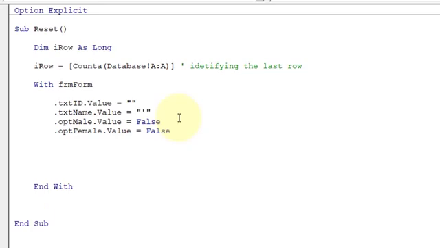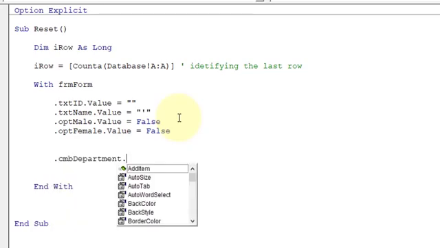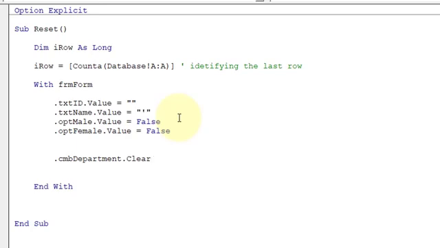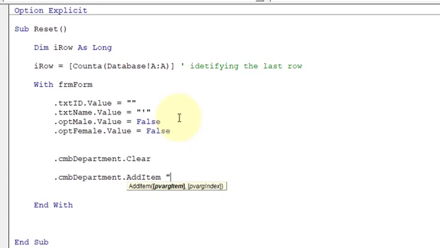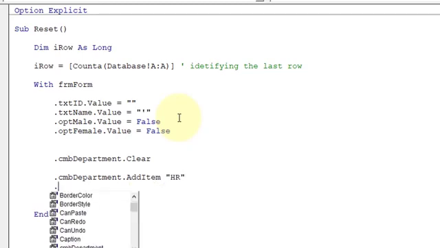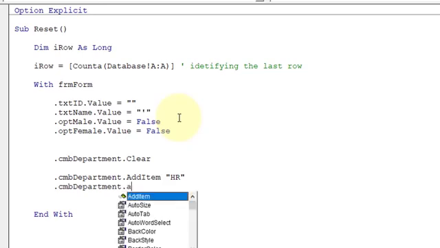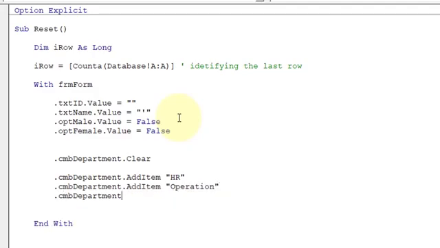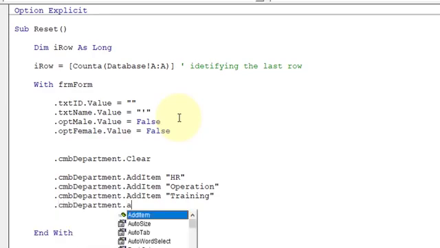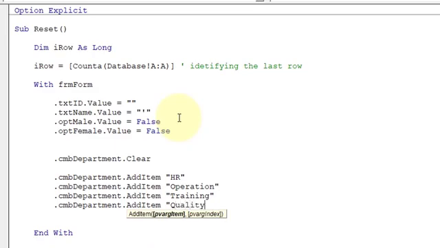Now we need to clear the combo box. So .cmbDepartment.Clear. Whatever items are available in the combo box will be cleared first of all, and then we will start adding: cmbDepartment.AddItem, and the first department will be HR, then again cmbDepartment.AddItem, and the operation, cmbDepartment.AddItem, and then training, cmbDepartment.AddItem, quality.